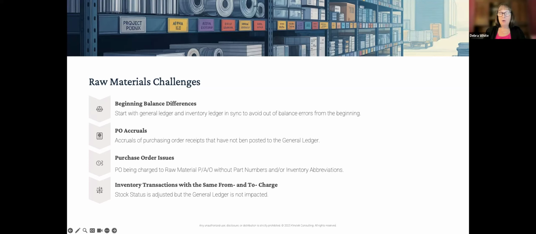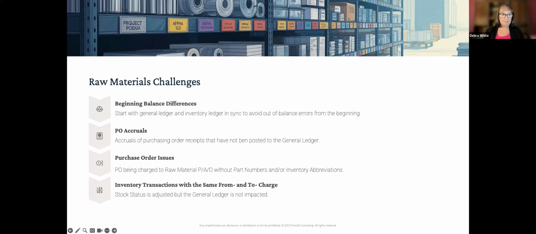Unfortunately, without a part number or inventory abbreviation, the stock status never receives those items. So that will always cause an out of balance situation. What we want to do is, again, review those purchase orders and make sure we don't have any reclasses or any costing or miscellaneous receipts we need to make